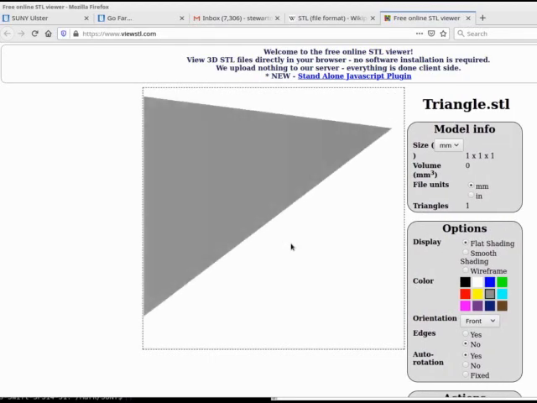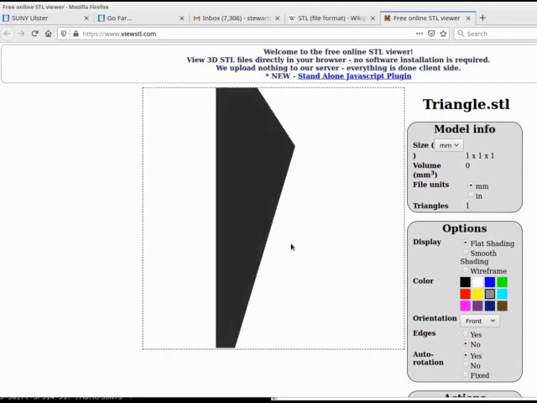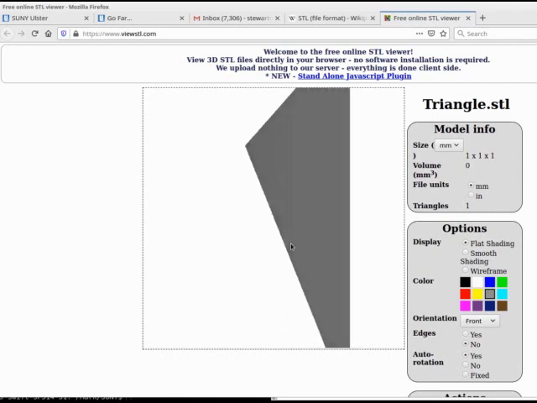And of course, the triangle is two-dimensional. By default, it rotates through the window. We've only made one triangle, so that's all it